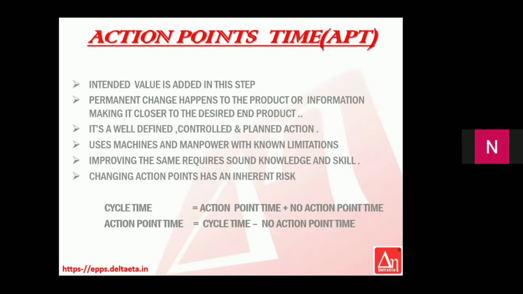What is being done in 9 seconds, you try to do it in 8 seconds with a risk. Forgetting that the piece on which you reduced 1 second is lying idle there for 3 hours. So you saved 1 second, but you forgot to move the piece for 3 hours, which means that you are losing 10,000 seconds. So cycle time is always reduced when action point time and no action point time is reduced. But as I said, action point time requires expertise to reduce. So we can focus on no action point time without any risk and reduce the cycle time.